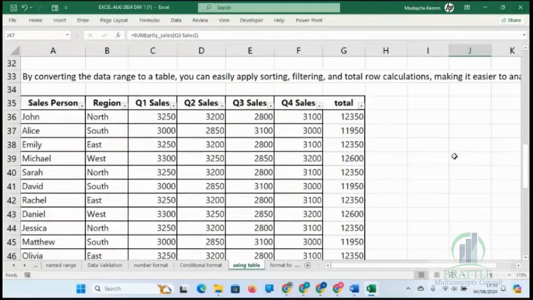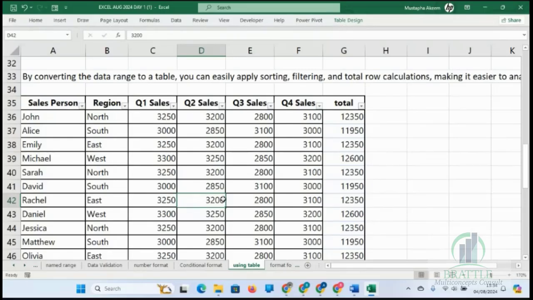So try it out. How do you call the name? First thing you do is to name the table. Have you done that? Click on your table, Ctrl T, and create the table.